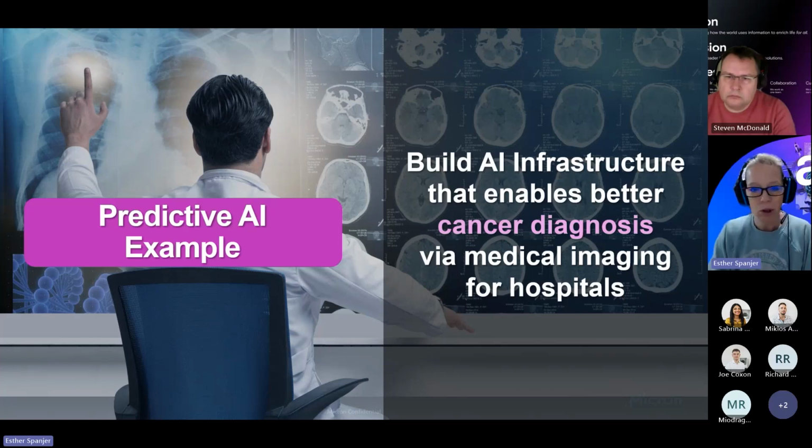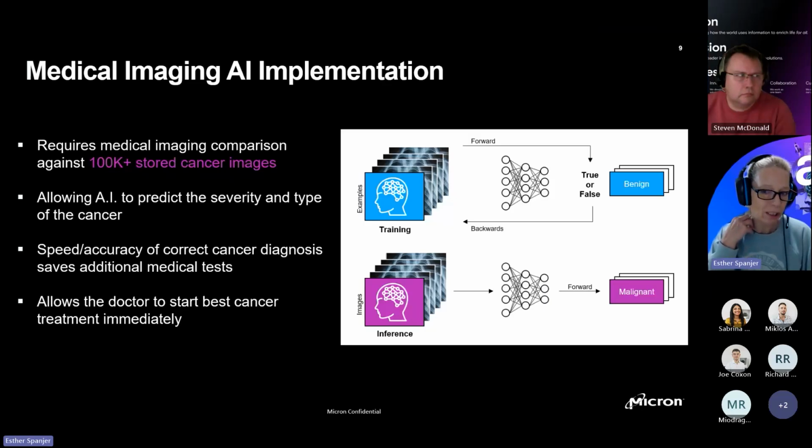So we talked a little bit about this AI example, in this case the predictive AI example, where the hospital needs to build an AI infrastructure so that they can do better cancer diagnosis via medical imaging. When you're looking at the training and the inference piece of it, the training is to scan hundreds of thousands of x-rays of lungs of people to teach the AI model which of these images contains some kind of tumor, and which ones are